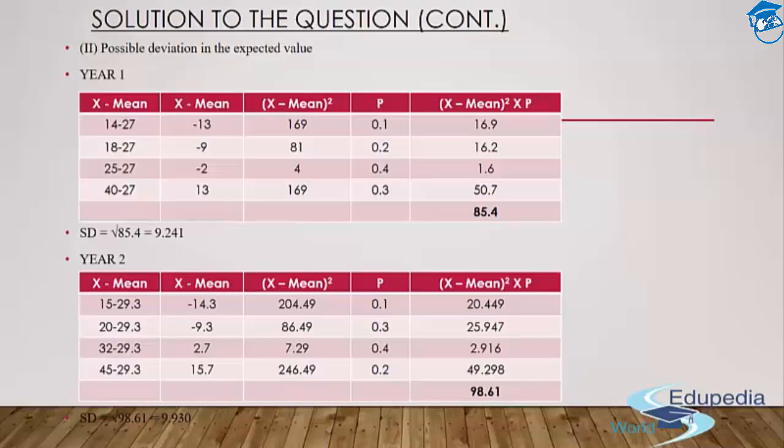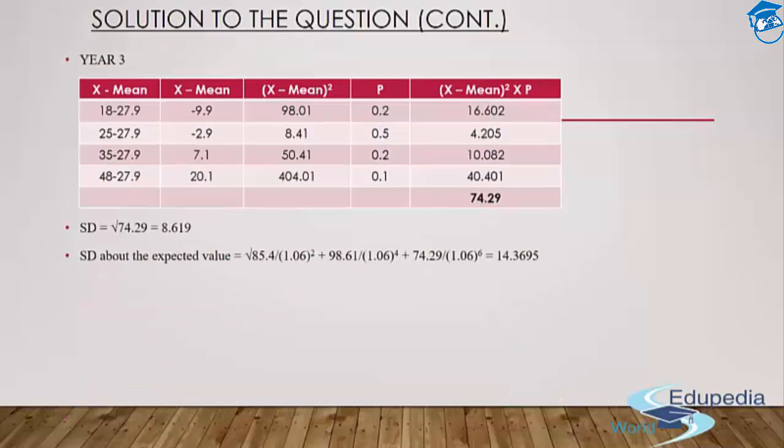Similar thing needs to be repeated for year 2. The standard deviation in that particular case comes out to be 98.61 under root, which comes out to be 9.930 for year 2. And lastly, for year 3, again you need to do the same exercise, which turns out to be 74.29 under root, which comes out to be 8.619. So the standard deviation of the expected value in that particular case for all these years with the total